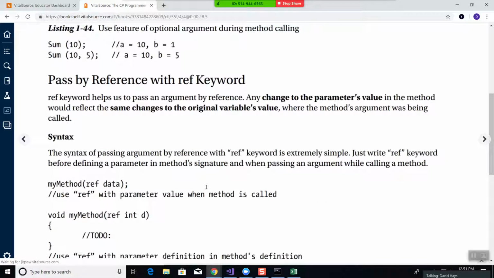Here's how you pass by reference with a ref keyword. Pass by value is you actually pass in a value that you can use. Pass by reference means you're passing in the memory location of where it's stored at. Why would you need to do that? I'm not going to write a program to demonstrate this, but